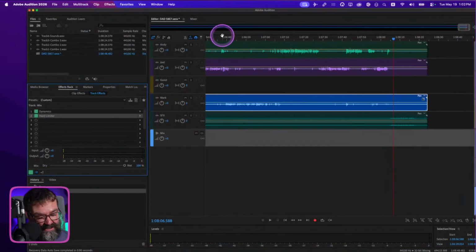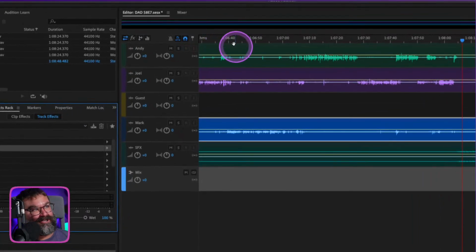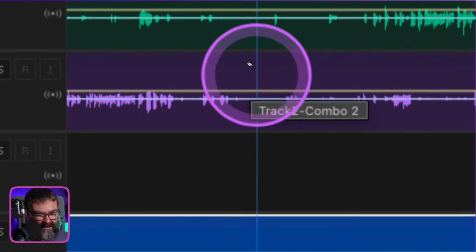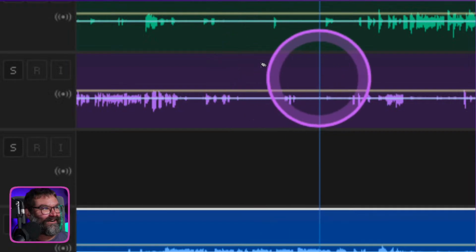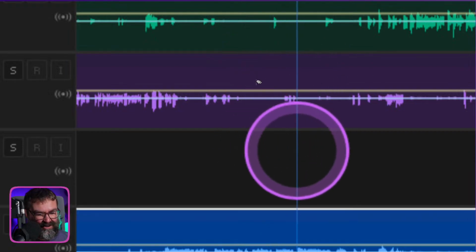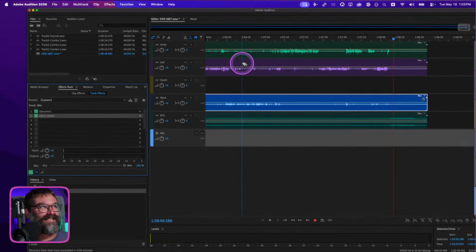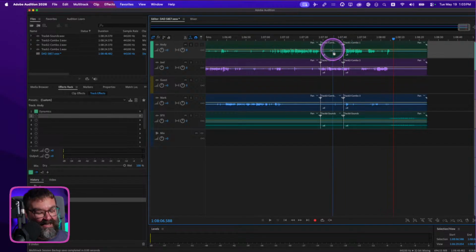For the most part, I line all my tracks up. And if I'm doing a multi-track edit like this, I do a razor for the whole track. You can't see it right now because it's not showing up on the screen, but it's a double razor. What that means is that it's going to cut all of the tracks at the same spot. So for instance, if I want to get rid of this spot here, I click here, and then I